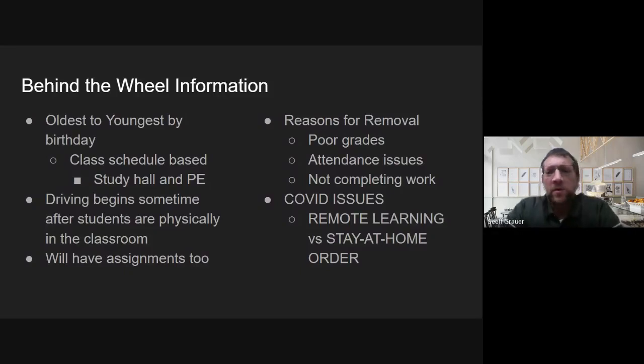But it also depends on their class schedule. If they have a conflict, we only take them out of study hall and PE. And if they don't have a study hall, which is great, then it leaves us with while they're in PE or advisory. In advisory, we can only have 2 for that whole quarter or more, just because of the short time. So if there's a schedule conflict and they're not able to get in right away, we are looking oldest to youngest. I've got a list that I put together. But we try our best to get the kids in there that have had their permit the longest as soon as possible.